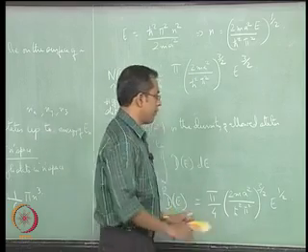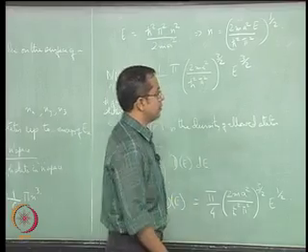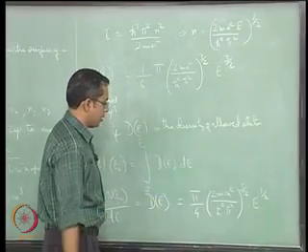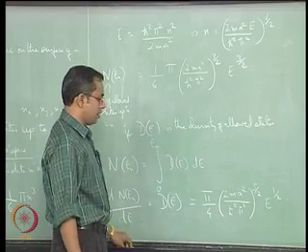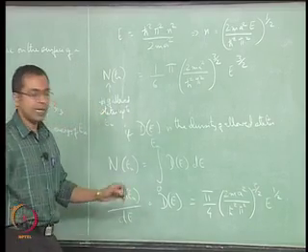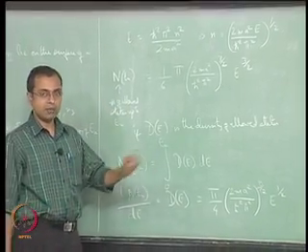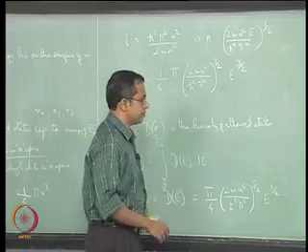So now, given that we have this relationship, and we also know the manner in which the Fermi-Dirac statistic function behaves, right. So we have